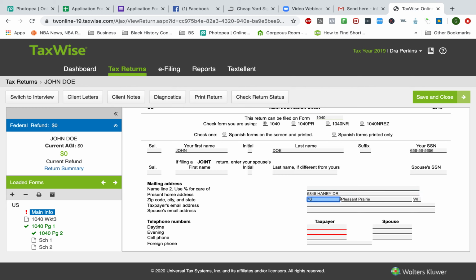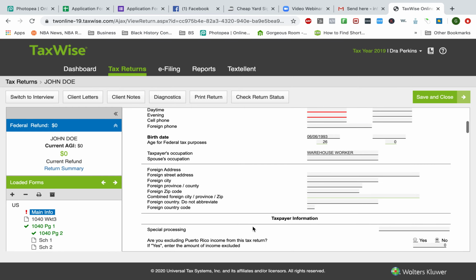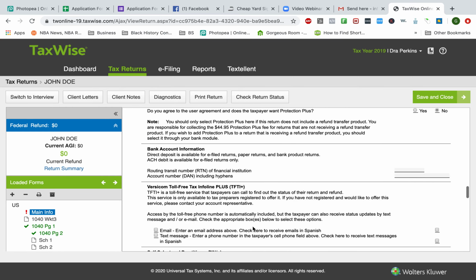So yeah, do be sure to double check the W-2, because sometimes you can make the mistake that I just did, which is what I basically did was put in his job's address, the corporation address that he works for. Okay, this is his actual address. All right, with that being said,